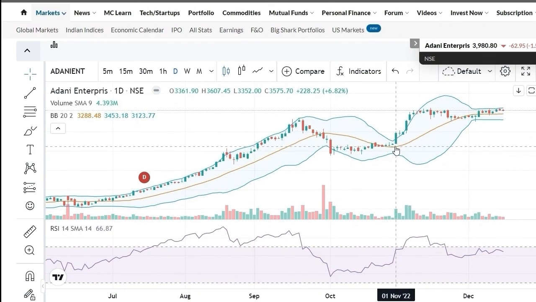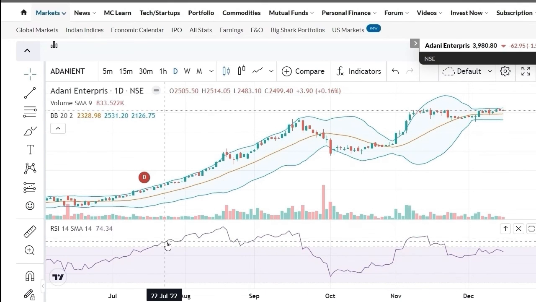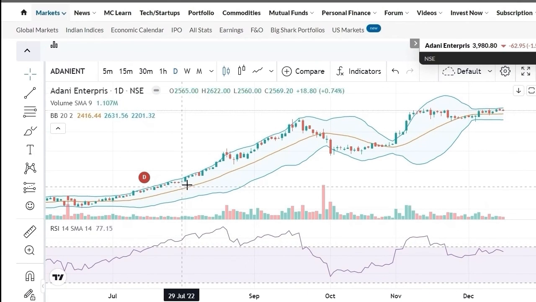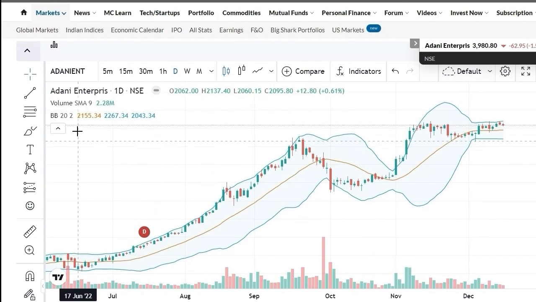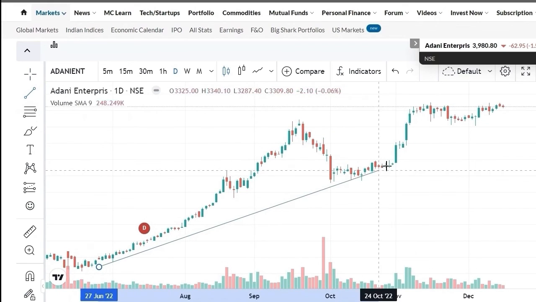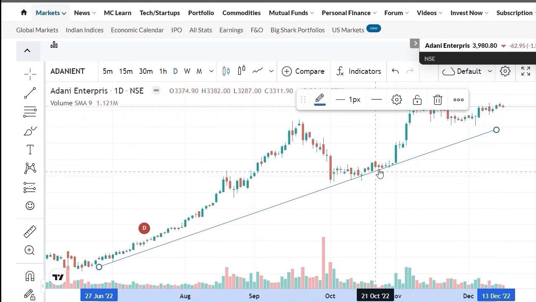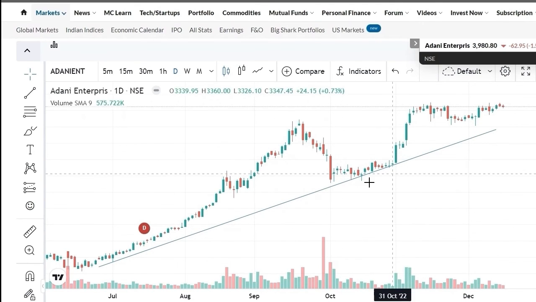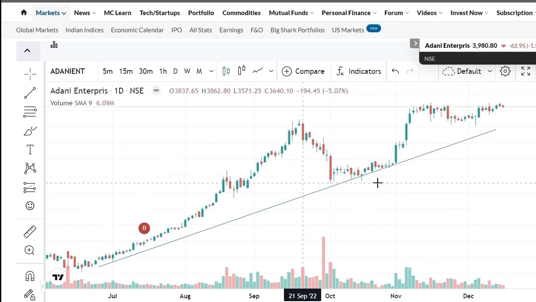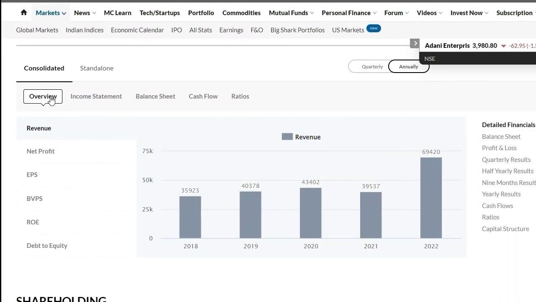Well, as you can see, if you use indicators like Bollinger Band, RSI, etc., in the current scene, as the RSI is moving up, the price is also moving up. This is how we analyze indicators on a chart. Now we will check some price action. The most basic price action is the trend line. Observe carefully how the trend line is reacting to the stock prices. As you can see how well it is respecting the trend line, and it gets a bounce off from the trend line.